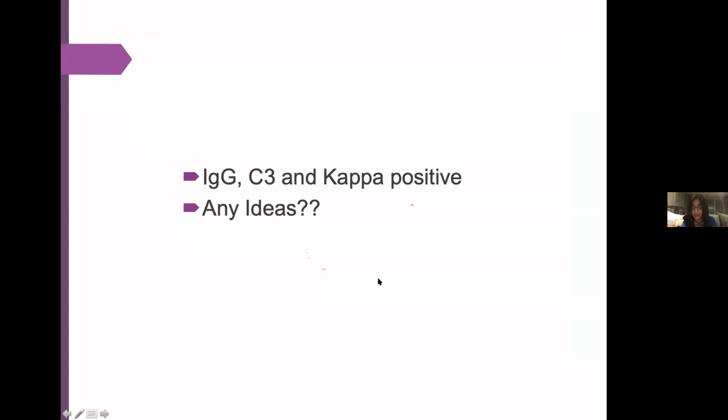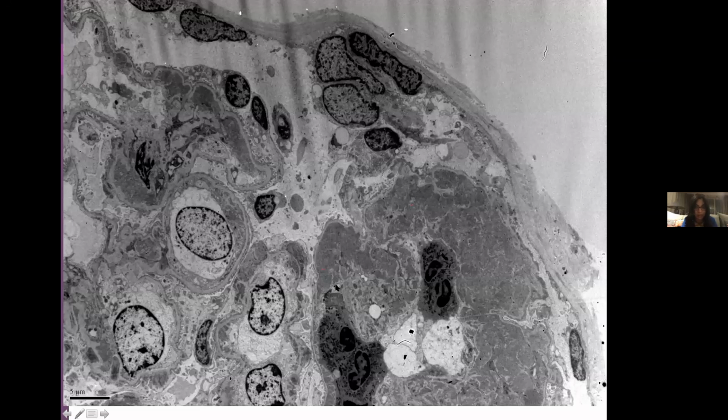So as I said, this is a very old case. I'm not going to say how many years back. So of course we did not have any immunohistochemical markers or anything, but let me show you her EM. It was lovely. You can see that you have all of these dense mesangial and basement membrane deposits. And these deposits, even on this low power, look organized. Organized deposits means that they have a shape. They are not just indefinite deposits. They do have a shape.